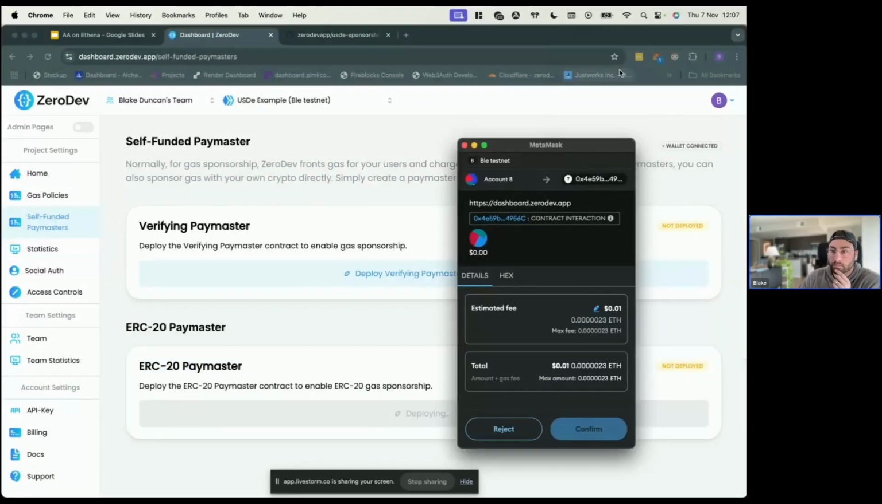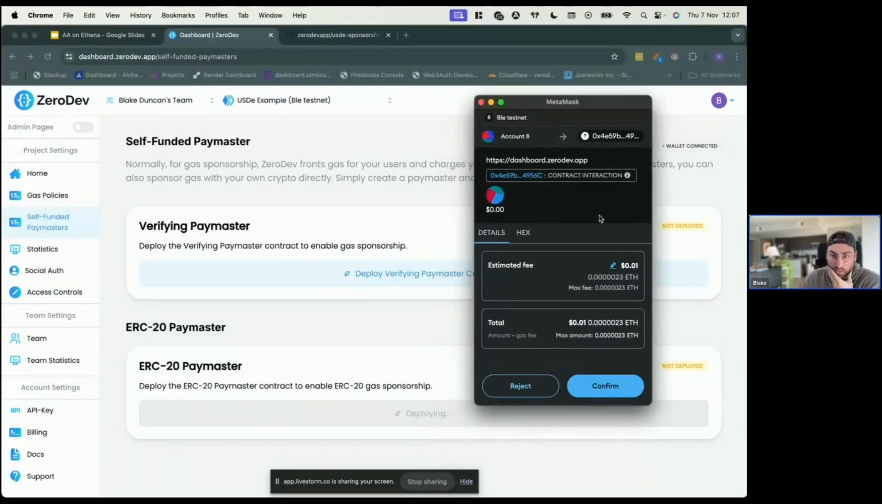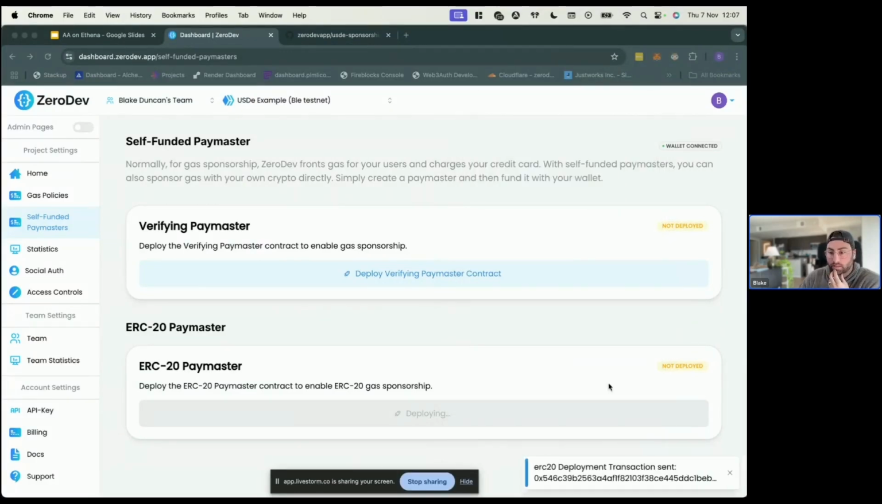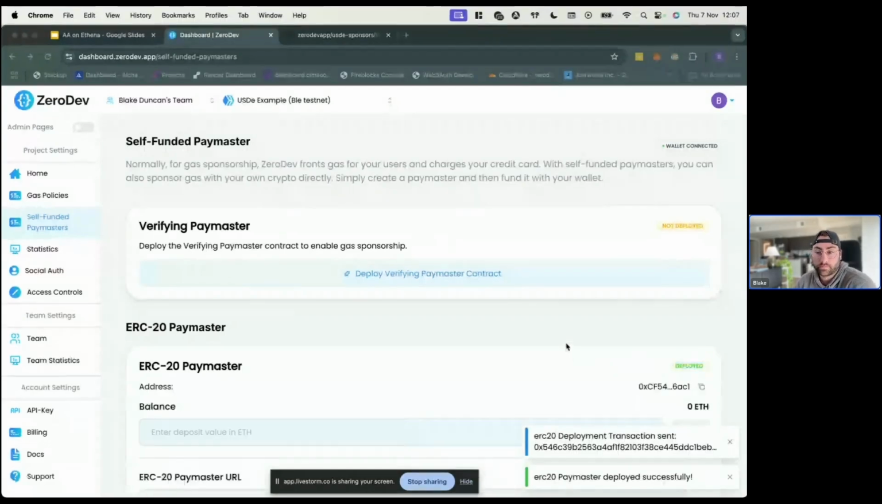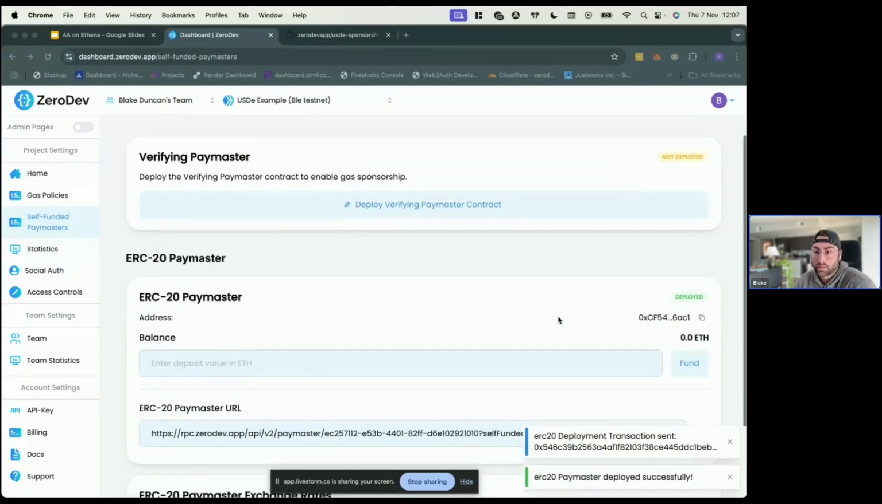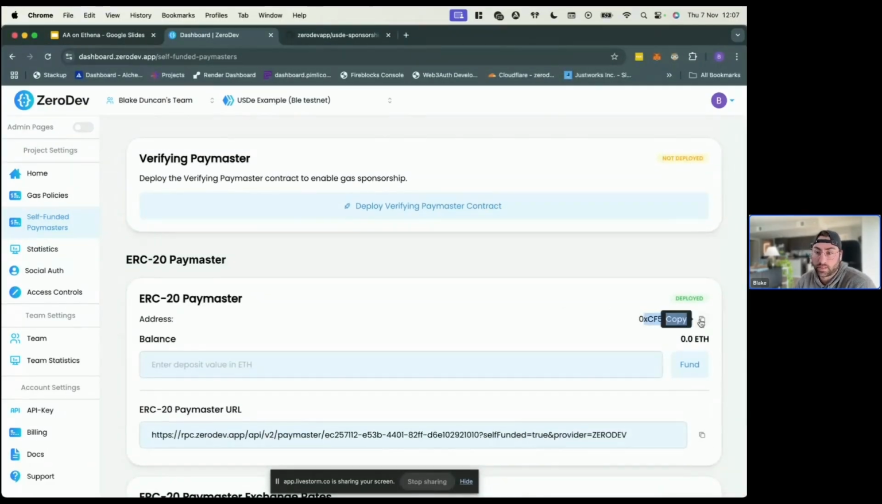I already connected my MetaMask and connected to the testnet. I do have ETH in the account, so I can go ahead and deploy the contract. It will take a second to load up. But cool. So now we have the contract address here,